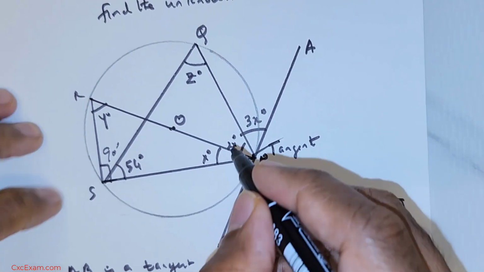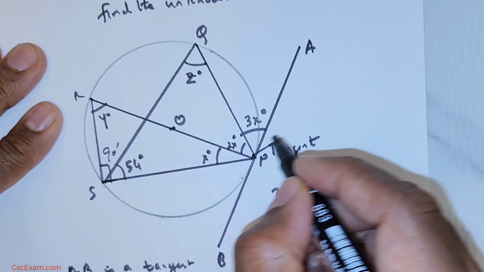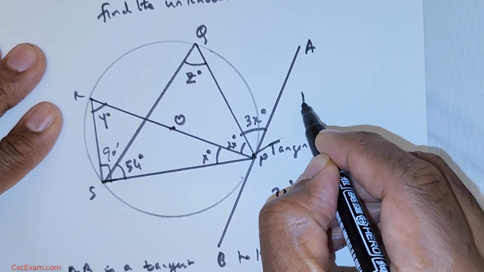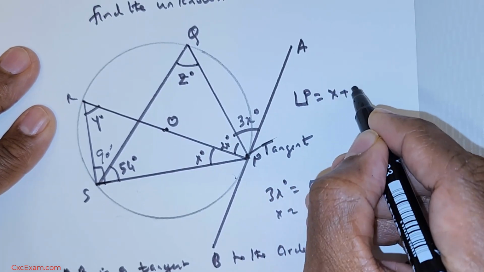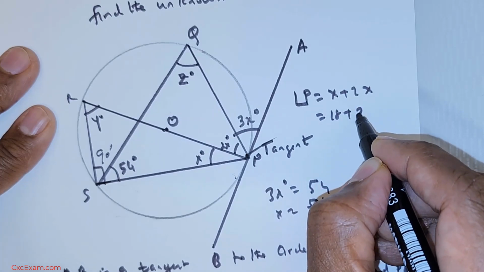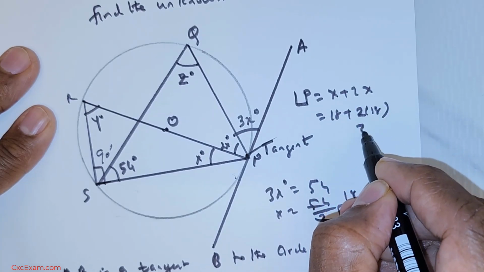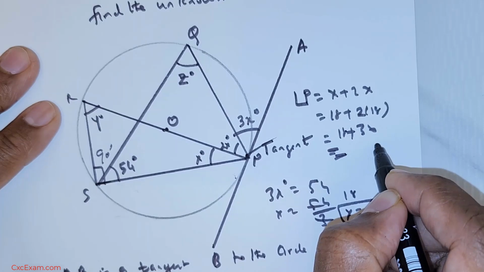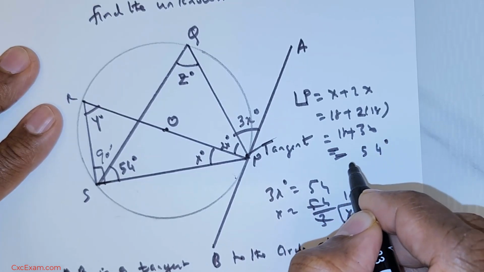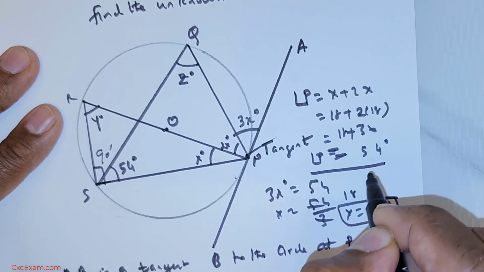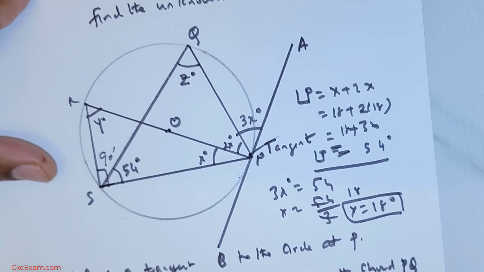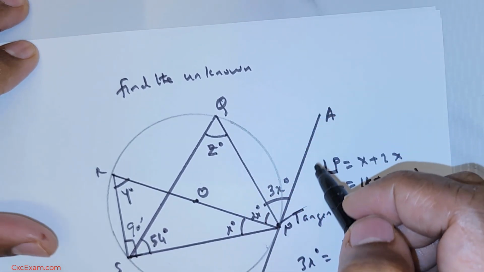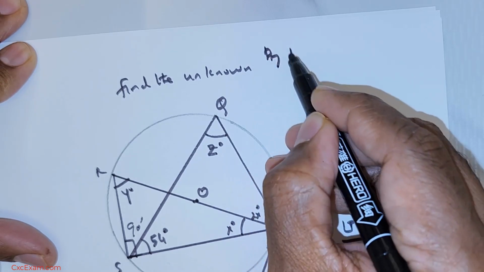Now, we know x is equal to 18 and this angle is 2x degrees. So angle at P is x plus 2x, which is 18 plus 2 times 18, which is 36 plus 18. So which is nothing but you add 14 and 1, which you get as 54 degrees. So angle at P is 54 degrees. Now by the law of triangles, I want to have the figure. That's the reason I do not want to move to another space. So by triangle law,